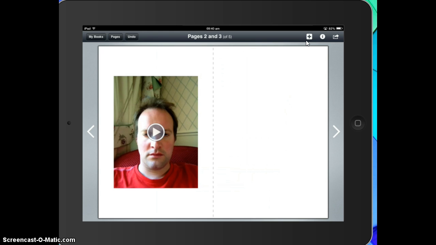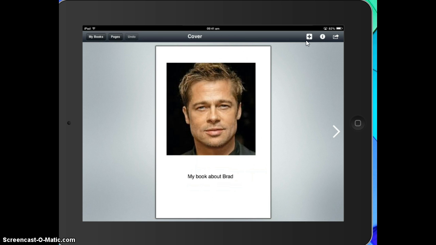Now I think the great thing about Book Creator is not particularly using it as a teacher, although I think it's worth you knowing how to use it, but all student iPads have this app on their device, and I think it's a brilliant way of them showing their understanding about a topic. Just asking them to create a resource, a lot of them are now starting to use Book Creator. It's a really good way of them showing their understanding, because what they can do is, if we move back, say this was an image of coastal erosion, and we want the student to show their understanding of coastal erosion, as well as them being able to add some text down here, they can also add a narration over it. If I click add